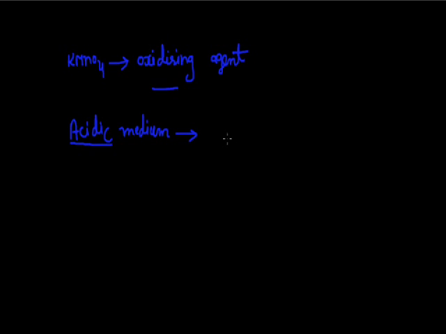The n factor of KMnO4 becomes highest in acidic medium, where MnO4 negative is directly converted into Mn2+. In this reaction, Mn on one side is +7 and on the other side is +2. So the difference in charge is 5, that is, 5 electrons, which is its n factor. In this titration we provide acidic medium, since in acidic medium the n factor of KMnO4 becomes highest, and then the end point becomes more sharp.